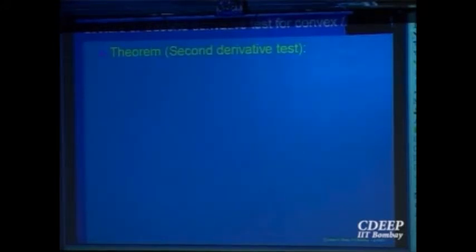Now something like a second derivative test for local maxima minima, right? If you want a function to be convex, or concave up, you want f prime to be increasing. But when is f prime increasing? If the second derivative exists, you already have a second derivative test by your property of differentiable functions. So the second derivative should be positive, then it is strictly increasing, negative, then it is strictly decreasing. So that gives you the second derivative test.